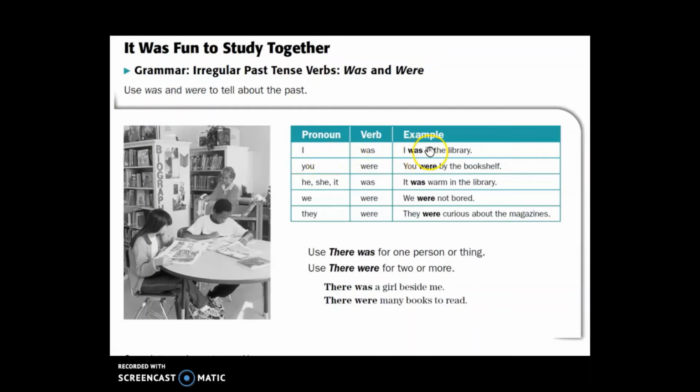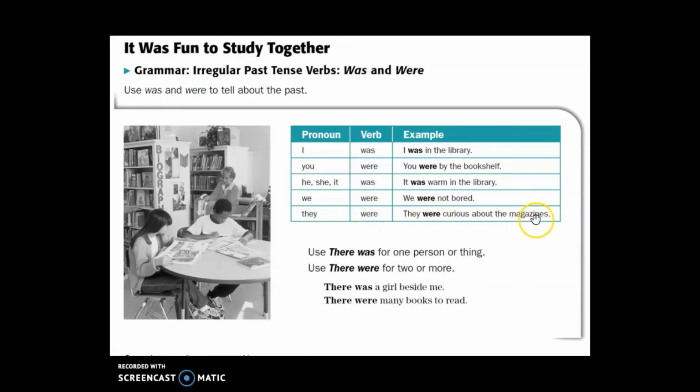I was in the library. You were by the bookshelf. Shelf. This is a shelf, a bookshelf. He, she, it was. It was warm in the library. So it was kind of warm there, not cold like my classroom. We were not bored. They were studying and not bored. I like these kids. Okay, they were